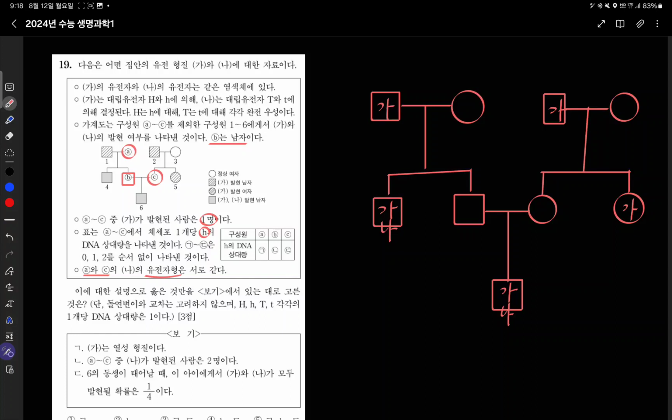So let's say these genes are on the X chromosome, and that means the individual B cannot have two lowercase h alleles because he's a man. So that means either A or C has two lowercase alleles,